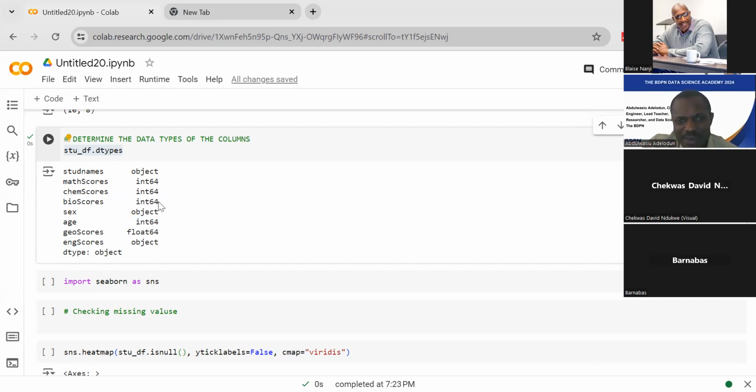So it is very important now that we convert the math score, chemistry score, and biology score to the type float, like the geography score. Then the English score is an object. No, English score cannot be an object. It should rather be a float. Integer is better, but float is the best